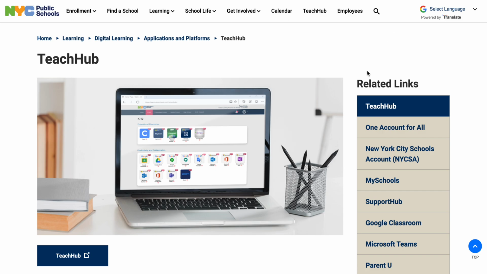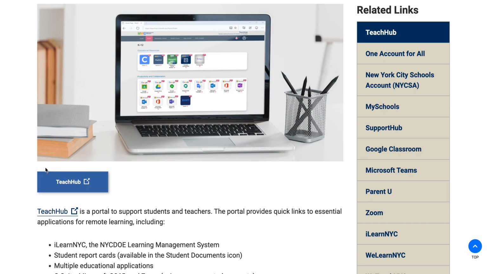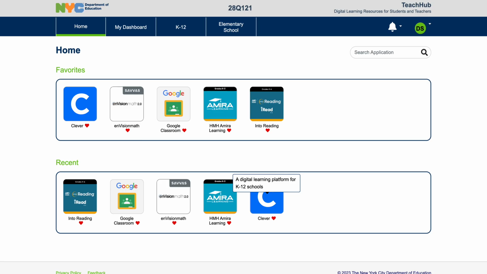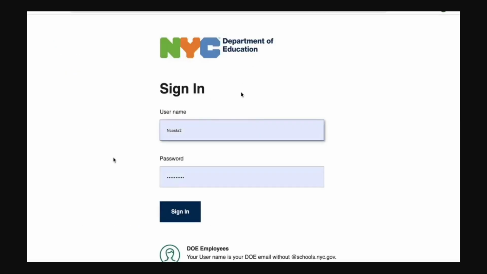So now that we're finally on TeachHub, we're on the TeachHub tab. You're going to scroll, you see the blue rectangular button, click on that. Now it'll take you to a page that looks like this. You'll enter the username and you'll enter the password. The username is obviously your child's